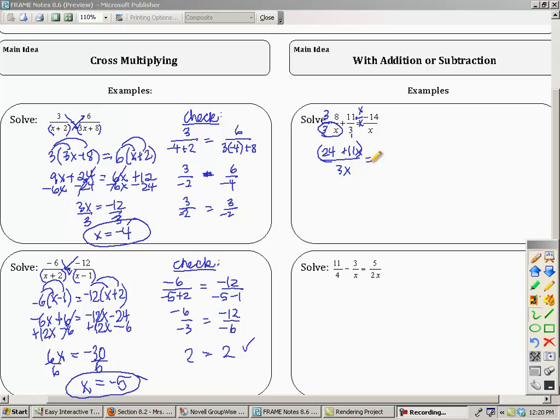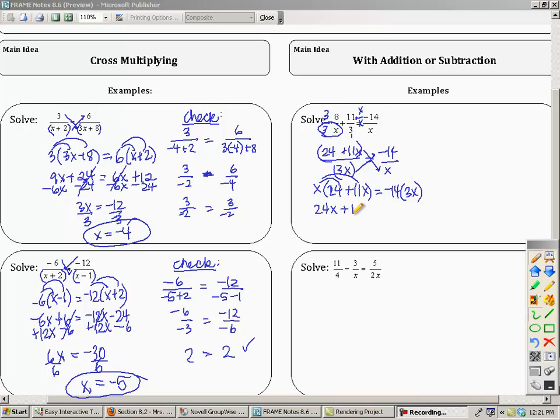Now I see a plus or minus. So now I have one fraction equals one fraction. Now what I can do is cross multiply. So I have x times (24 plus 11x) equals negative 14, and I'm just going to put this in parentheses, times 3x. I distribute this,